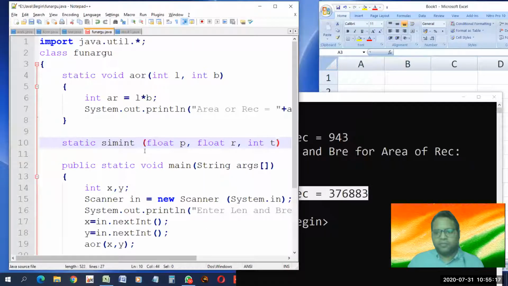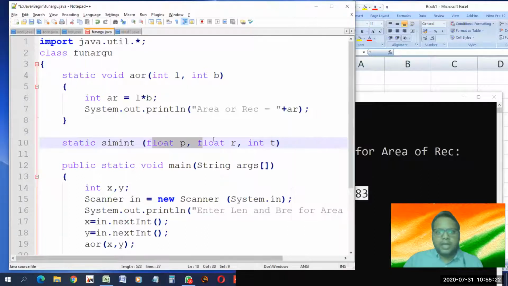Oh, can this be done? Yes, this can be done. It means we can give any number of arguments, and we can have different types of arguments. It doesn't mean that because in this function I've used int, all of them would be int. No. Float, int, double, boolean, byte, short, long, anything can be there. Let us use byte, because we have to input the number of years, and of course not more than 100 years anybody is going to fix deposit or get the interest. So byte can be used.